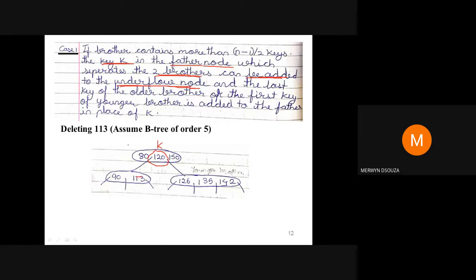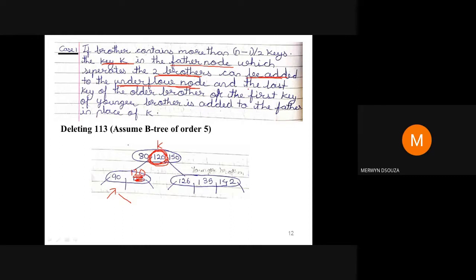So this is my underflow node, because when I delete this, it is having an underflow. So I will put 120 here. I'll take this k and put 120 here in place of 113. So now the underflow is solved here. This is no longer an underflow node. But still it is not done, since I have removed this k from here, I need to replace one value.